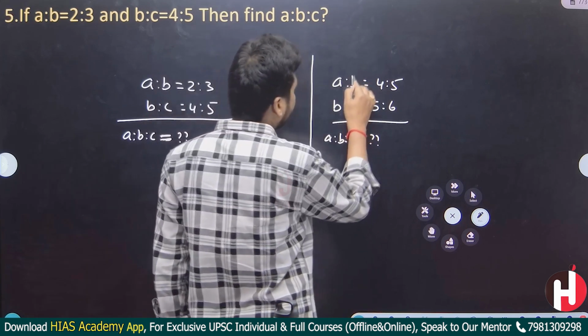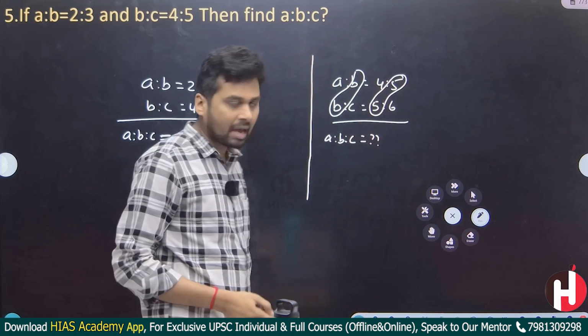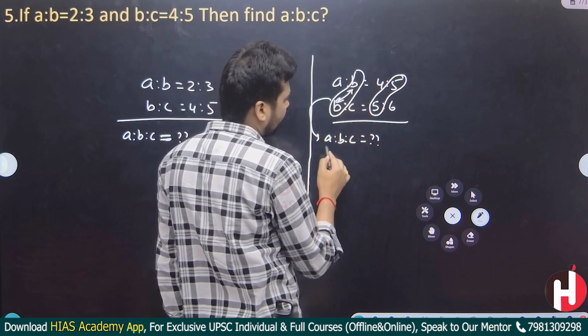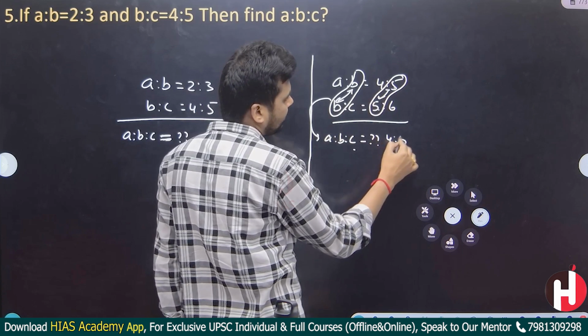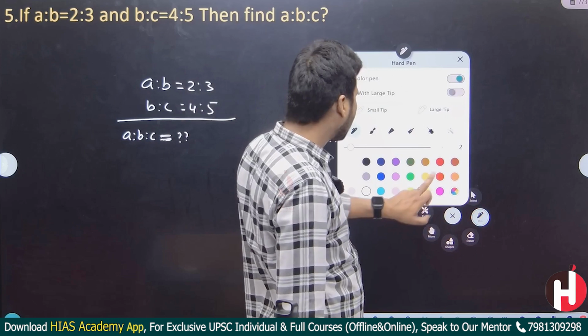See, B value here it is same, right? Here we have 5 and here we have 5. So we don't have any problem to write the single equivalent ratio. B value here 5, here 5. So I can directly write it as 4 is to 5 is to 6, right? But if you look at this one,